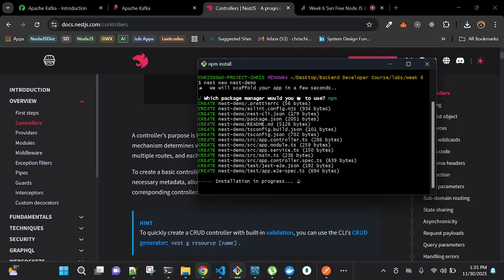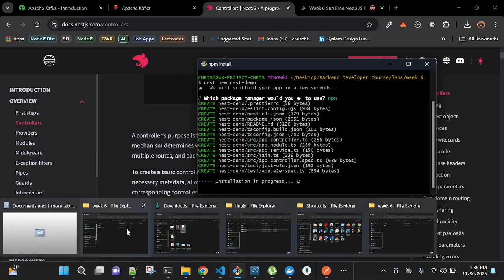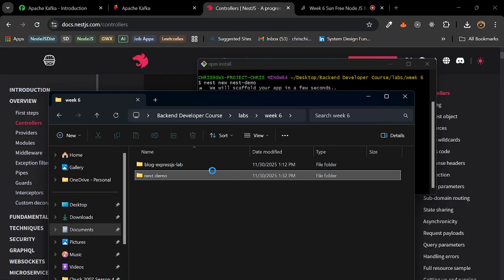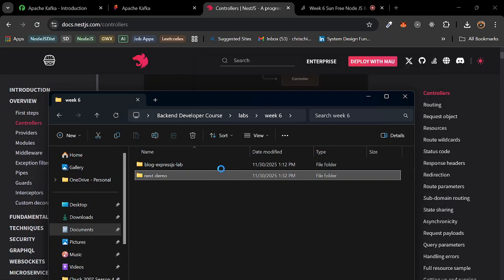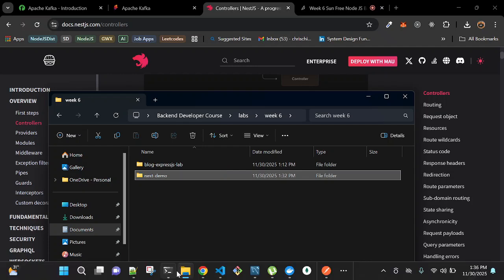Okay, so come here to the project, open it in VS Code.